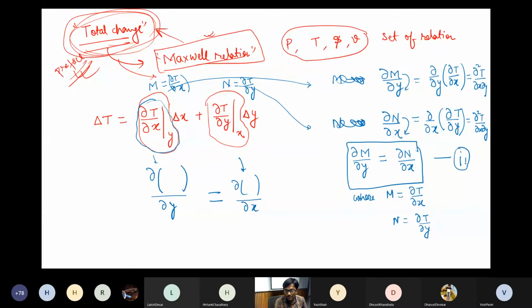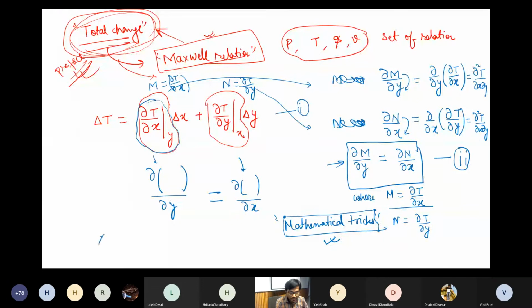Let's suppose this is my equation 2. Let's suppose this is my equation 1. Nothing more than this, it is just a mathematical trick we could use. Obviously, if something is coming out from mathematics, it is true. No matter what, it has to happen. Mathematics will never tell you wrong things. So this is the property that I deduced.